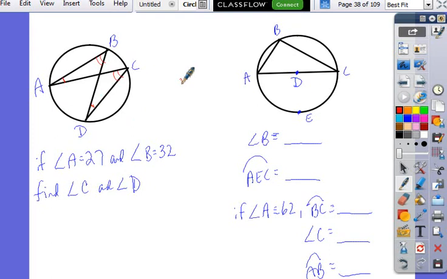If you see a diameter like that, what does that mean for this angle right here? It's got to be a 90, which means this has got to be 180, and then the top's got to be 180. If it gives you one like it says A is 62 and wants me to find BC out here,